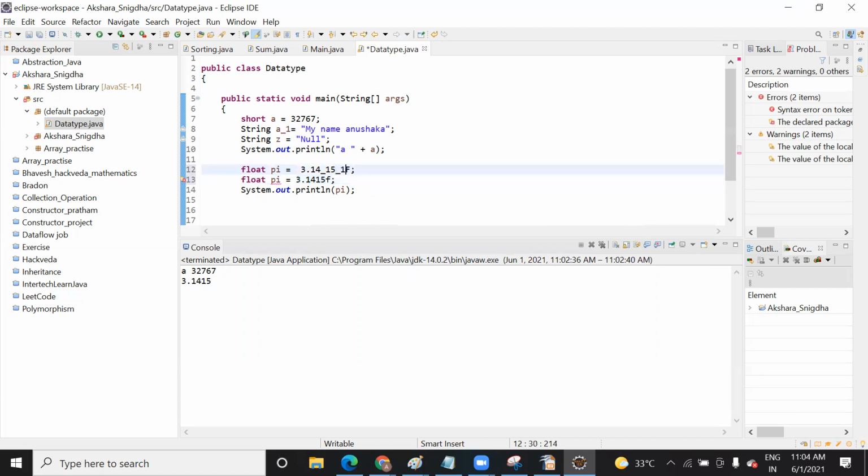That's the reason. Yeah, but it has printed 3.1415, both of the values, right? Yeah, that's what I said. I've explained that here, instead of taking such a long value, you can take it like this. Means in order to remove this value. So instead of using the underscore, we can just keep 1415, right? Yeah, you can keep it.